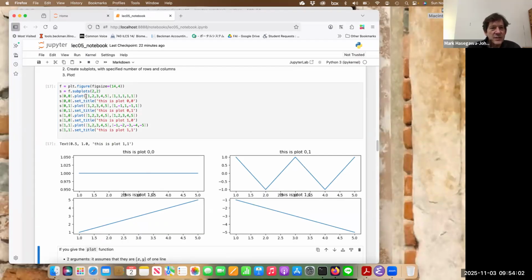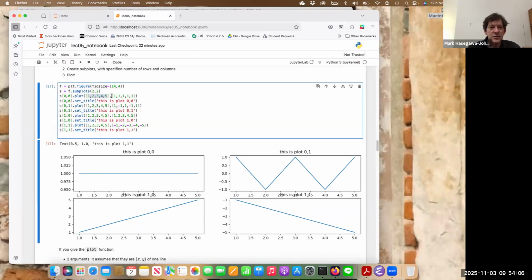Notice that plot 0, 0 is plotting the input. The x-axis is 1, 2, 3, 4, 5, and the y-axis is 1, 1, 1, 1, 1. So here we have 1, 2, 3, 4, 5, and 1, 1, 1, 1, 1. They're all ones. Notice that the x label here is kind of overlapping with the title of the plot underneath it. I can get rid of that by